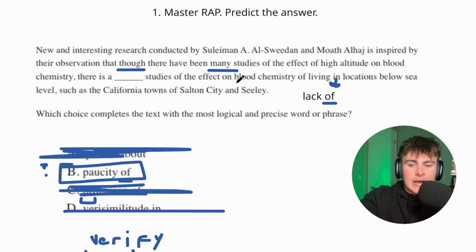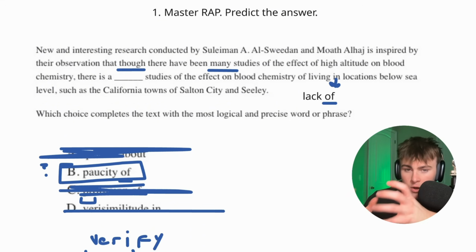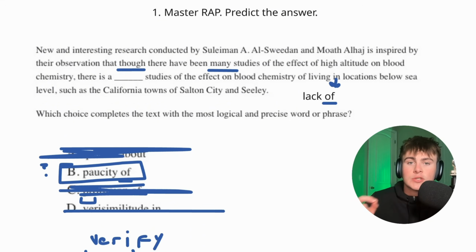So you see what I just did there? I didn't even know what B and D meant, but I still got it right because I related the words to other words I knew. Now, this won't work every single time. You're going to have to use all of your strategies together. So let's go into some other strategies that you need to know for vocab, and you're going to use all of these together to be much, much stronger at vocab.